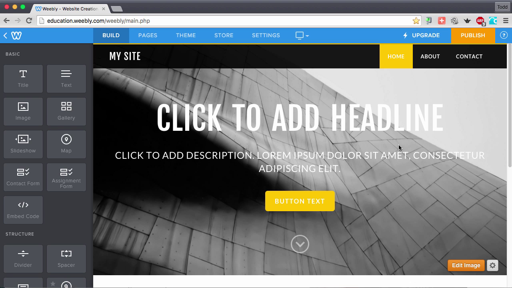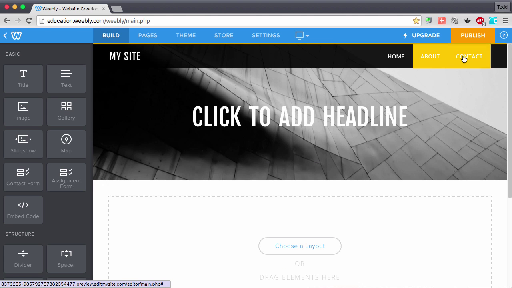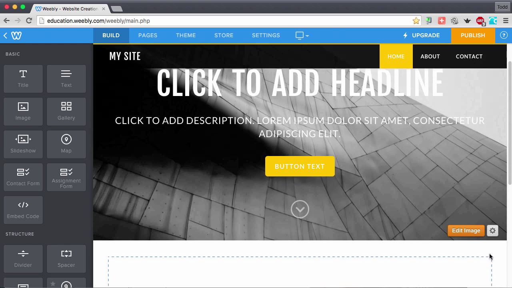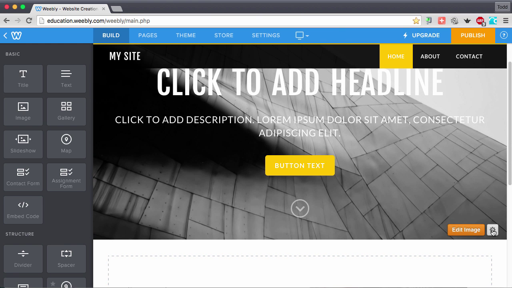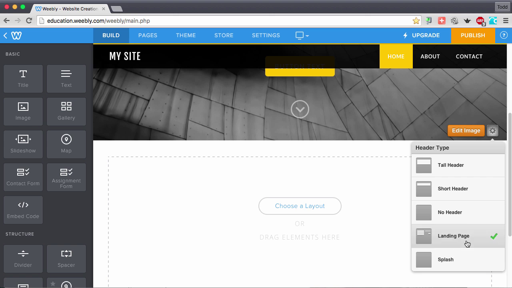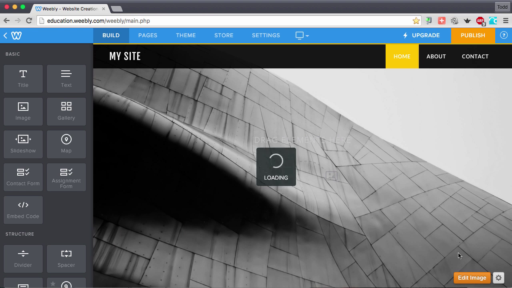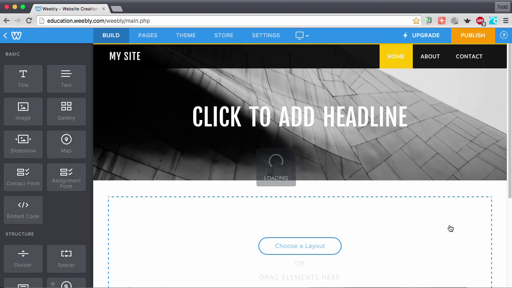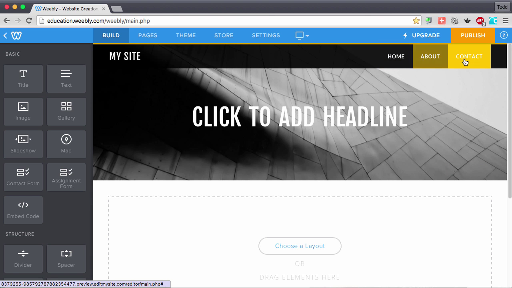Now, the next thing is these banners. You've always got these banners on each page, and you can tell that these two pages, the About and Contact, look different than the home page. Well, if you go down to this settings icon and you click, you can see that there are different heading types that you can choose from, and you can play around with these all you want to decide which ones you like. What I like to do is keep the home page a little different, but for the most part, you want to try to keep your banners